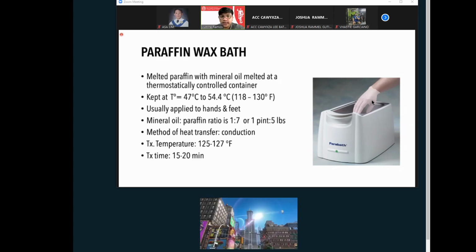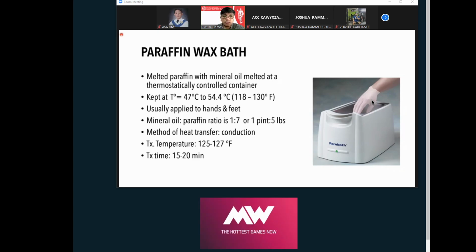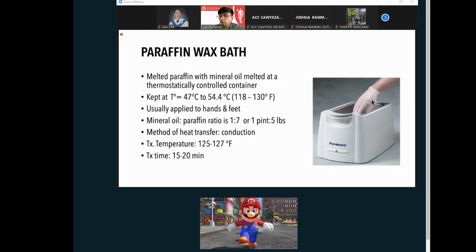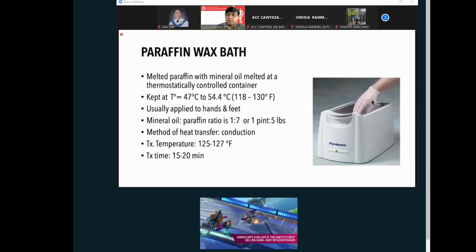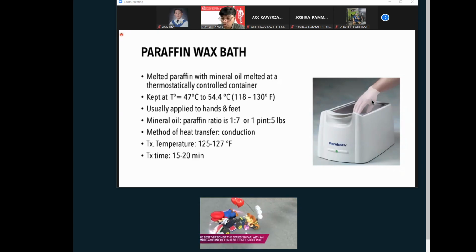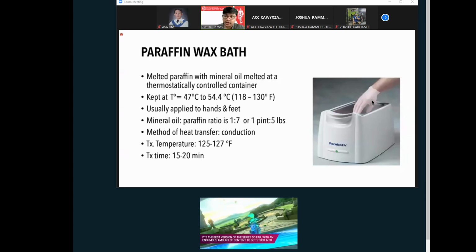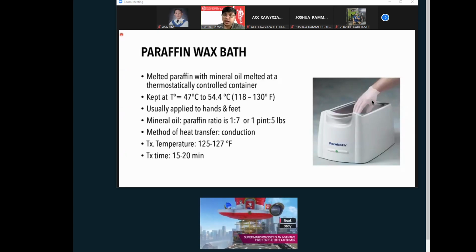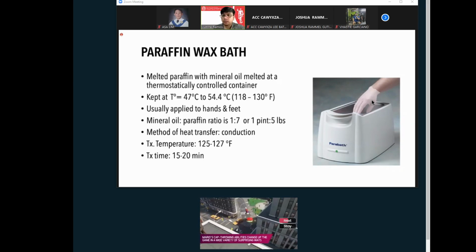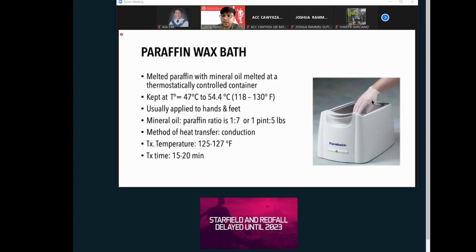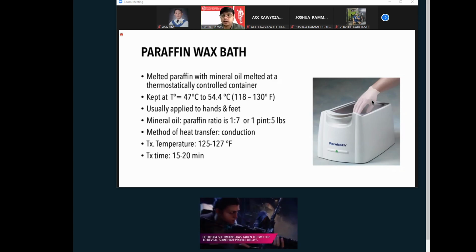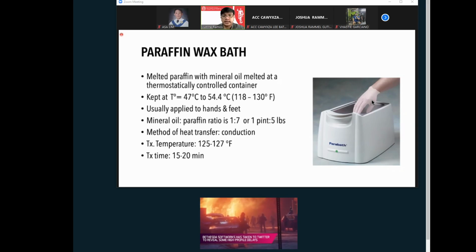But to effectively hit the joints and the muscle of the hand, depending on your goal. Kung ang goal mo lang is to hit up the superficial tissue, then you would use paraffin. Pero kung gusto mo, let's say for example, the deep muscles of the hand, like the interossei, the lumbricals, then gumamit ka ng ultrasound. Okay, so doon na papasok yung inyong clinical decision making kung ano bang gagamitin mo. In the first place, magkaiba naman siya ng indication, and at the same time, magkaiba din siya ng physiological effect. One is superficial, the other is deep.